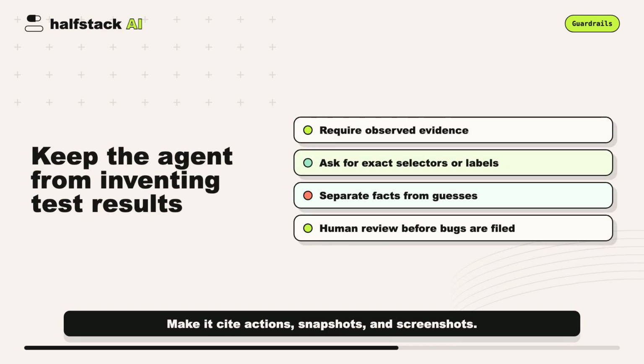The biggest risk is not that the agent clicks the wrong button once. The bigger risk is overtrusting its summary. Force the agent to separate observed facts from assumptions. Ask it to include the exact labels it interacted with, the validation messages it saw, and the screenshot path for visual states. If it says a test failed, it should show the step, the expected result, the actual result, and